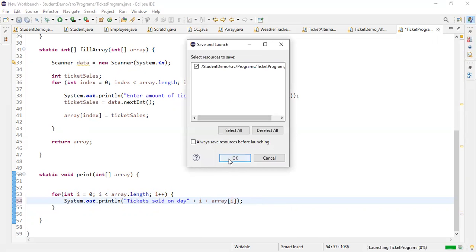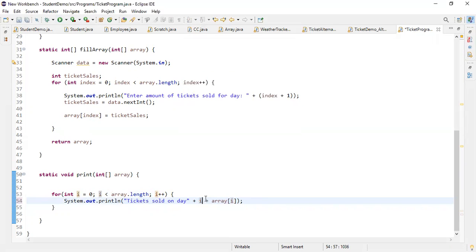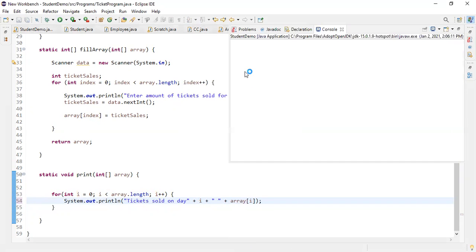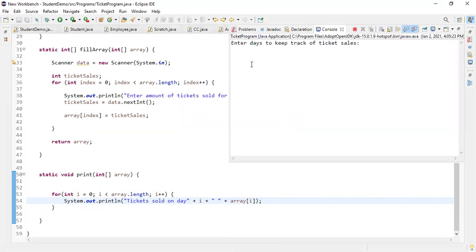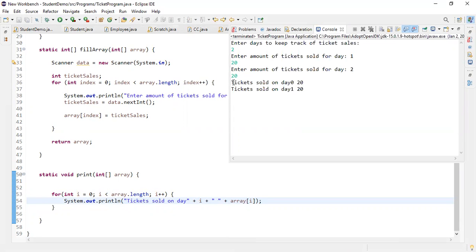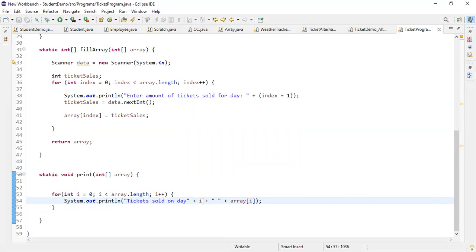So if I were to do this, you can see that it says tickets sold on day 0, tickets sold on day 1, but I don't want to start the count from 0, so instead I just do index plus 1, or I plus 1 rather, and that would essentially start the count from 1 instead of from 0, and so now it actually reflects something